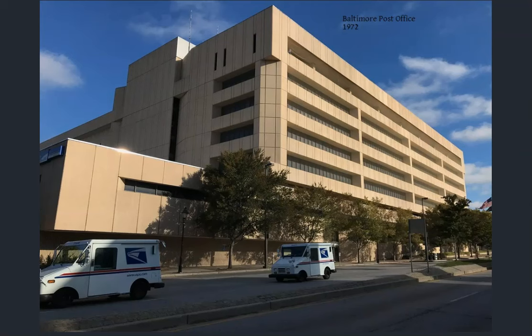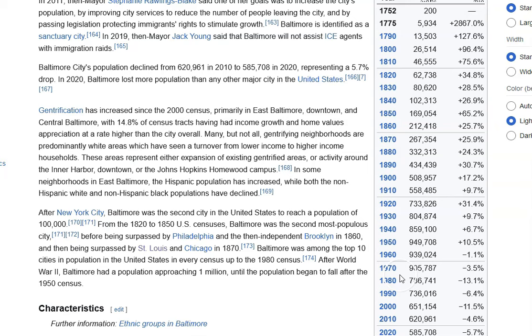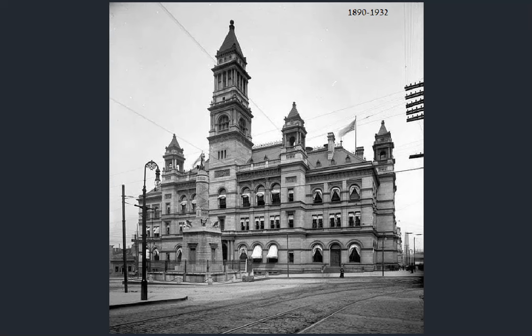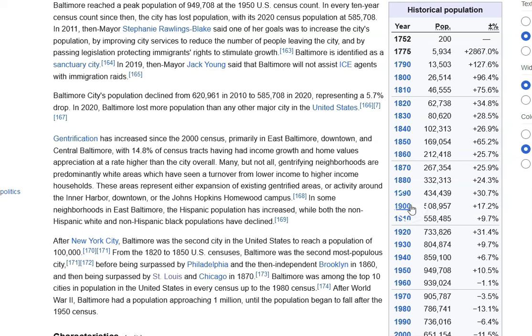And you're going to see quite a few government buildings, city halls, courthouses, post offices. This one was built at a time when Baltimore's population was 900,000. And here is just another post office location in that region before we get to the old world structure. And there it is right there. This one was built at a time when the population was half of what we saw for the newer structure,